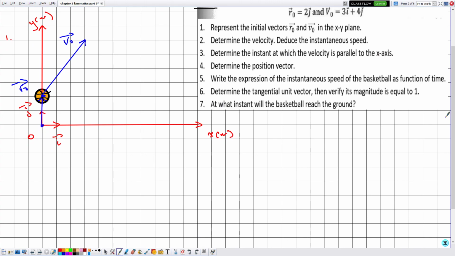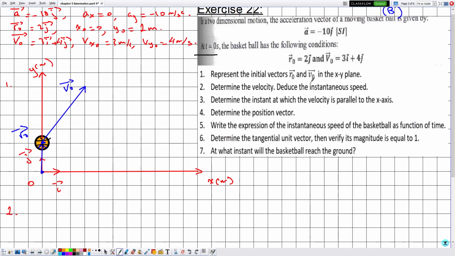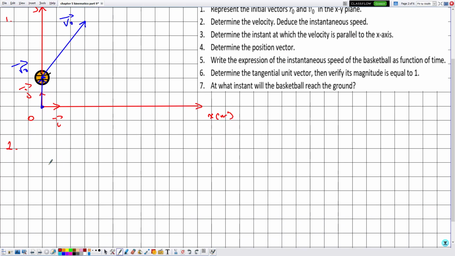now in number 2, they are telling me to determine the velocity. We deduce the instantaneous speed. In order to determine the velocity, we need to discuss the type of motion along the x-axis and the y-axis. So let's start with the x-axis. So the velocity is given by vx i plus vy j. So as for the x-axis,